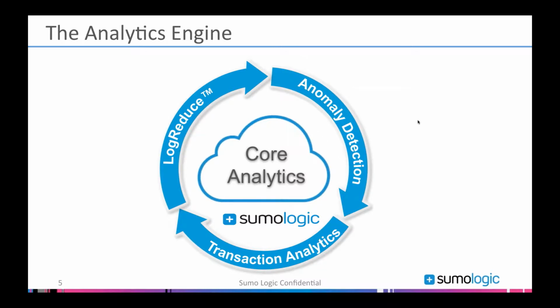And that's why we introduced LogReduce. And what LogReduce does is it automatically tries to infer the structure behind all your log data. And on top of that, over the last 2 years, we have built anomaly detection. So once we can fingerprint, once we can understand what kind of log data we are getting, we can start building baselines. And we can start looking at the log data that you are getting in the last 5 minutes and compare it to the last 6 hours.